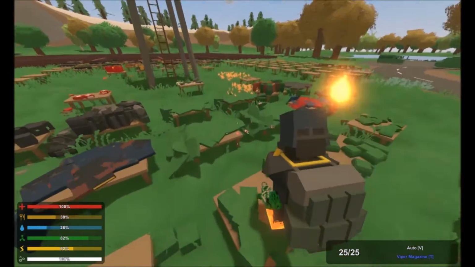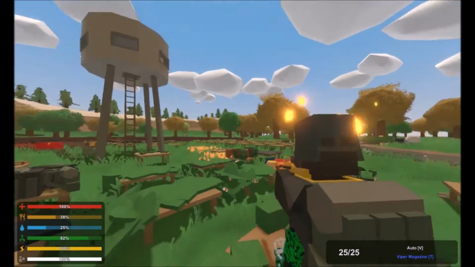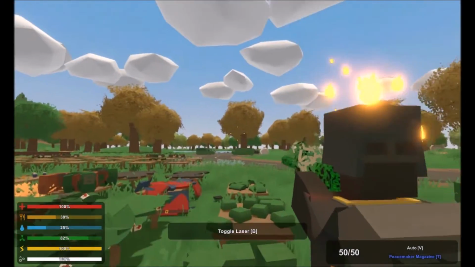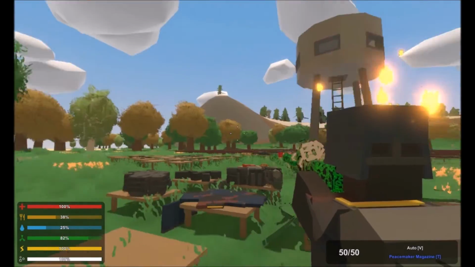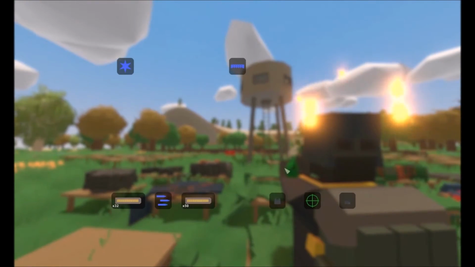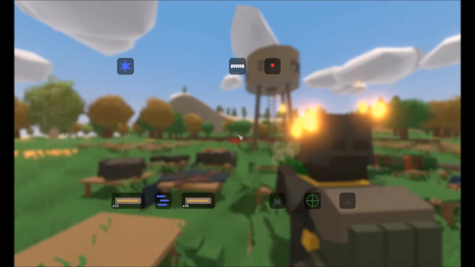I mean, if you want to give up the damage cost that the Viper has and the recoil that the Viper has, the Peacemaker is a pretty good gun. It shoots very fast. And with a laser, as you can see, without a laser, it's a lot harder to aim. You see how big the box is, but then with the laser,